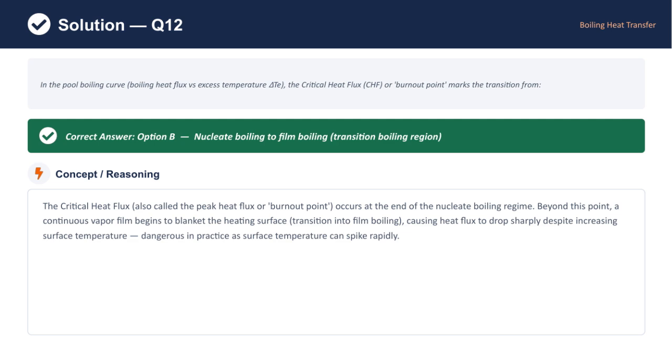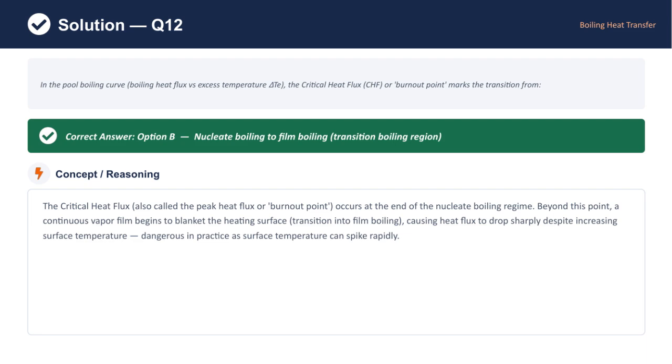temperature keeps rising. This situation is especially dangerous in practical applications because the surface temperature can increase rapidly, risking damage to the equipment. So understanding this transition and the critical heat flux is essential for managing safe and efficient boiling